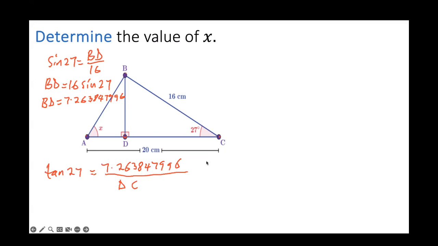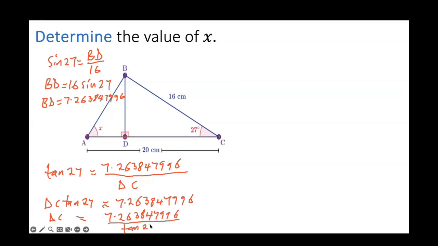We can multiply both sides by DC, and we have DC tangent of 27 equal to BD. Now we have to find DC, so we divide both sides of the equation by tan 27. So it means that DC is equal to 7.263847996 divided by tan 27. If you type this in your calculator, you get DC to be equal to